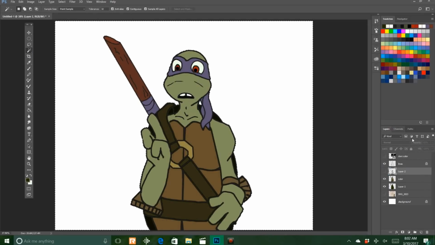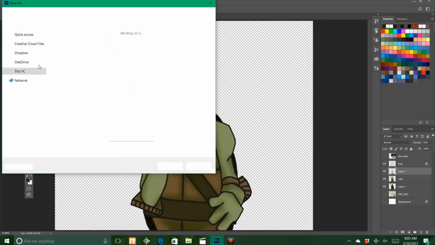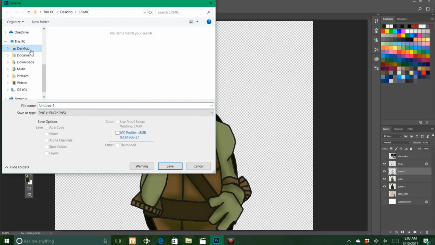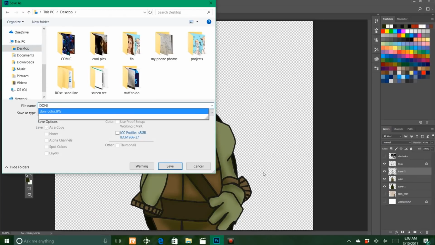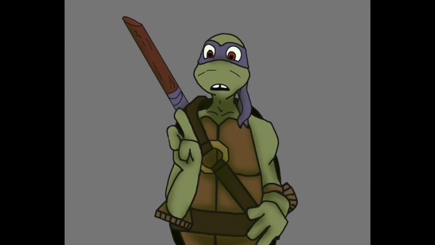I mean, I'm not a super pro at this at all, so don't judge, but anyways, then I gradient blur that, and then just kind of take the opacity down, and then make sure that there's no shadows in places there shouldn't be, and basically, it's done after that. So I'm just going to save it as a PNG, and it's